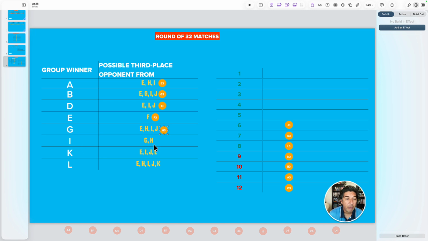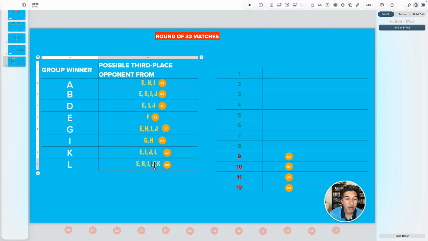Now Team I can only play against G and H. Uh-oh, we have a problem. But here's the solution. He gets H. All right, cool. And we can give this team J. Now about K, well, they can get L. And they can get K. And voila. We have our round of 32, at least for the